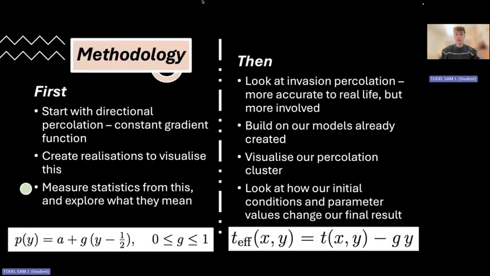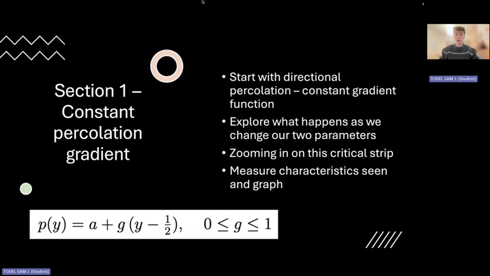Looking at the methodology, I first started with a constant gradient function to imply a percolation gradient over lattices, and then looked at measuring statistics from this and exploring what they meant. Then, relating it more to the real world, I looked at invasion percolation, which is more accurate but more involved, and it builds on the first model already created, where each site has its own individual effective threshold for percolation. So looking at the constant percolation gradient, we have this simple rule where we can vary A and G and measure characteristics as we change these